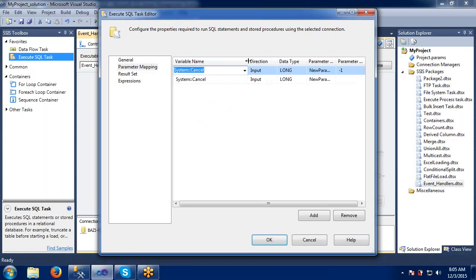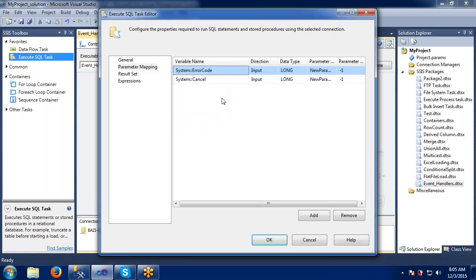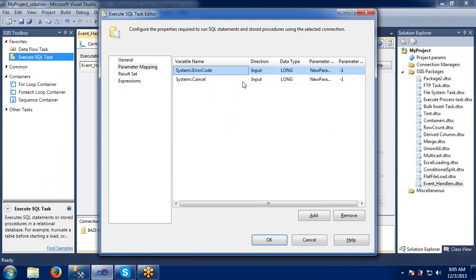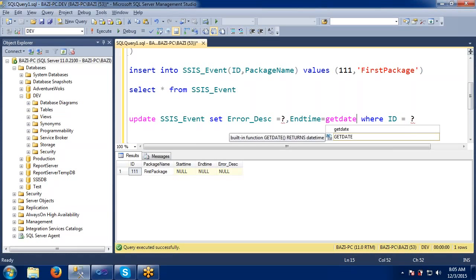We are using these variables for the first parameter, meaning we are capturing the error code, passing one system defined variable to the error description. The second one is end time. In end time we can give getdate, because whenever it is executed, it passes that system value to the end time, where package ID equals to